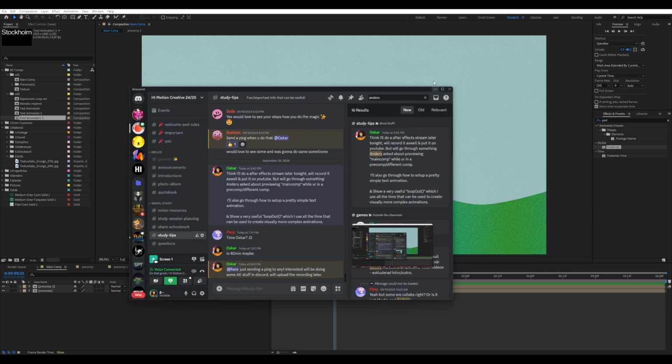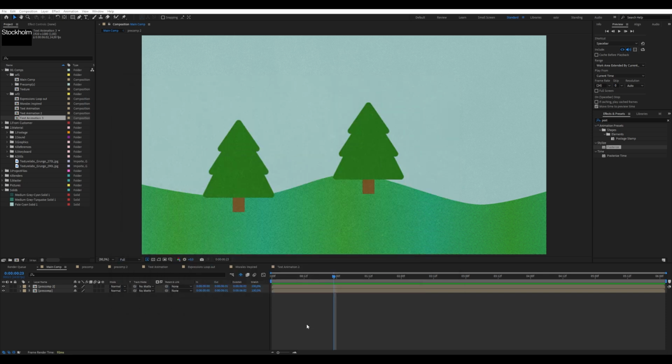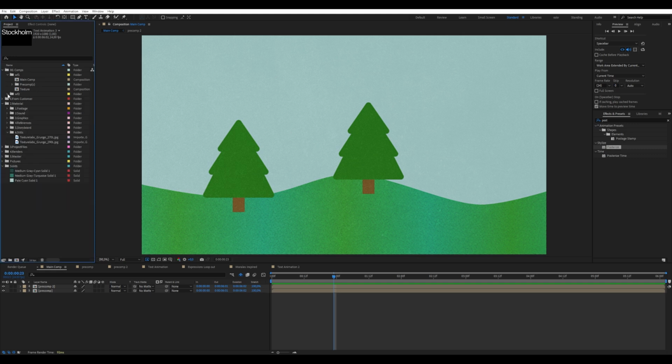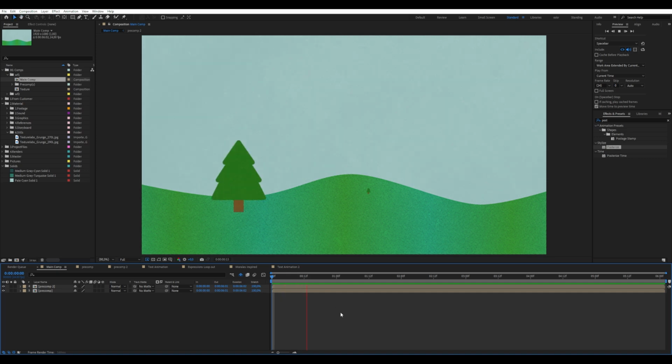Well, basically he asked about compositions, and in Anders' example, he mentioned how sometimes you have a main comp. So right here I just have a composition, very simple, just a wavy, Bezier kind of grass. Okay, so I just have a very simple shape as the grass and some trees, and the trees grow up,